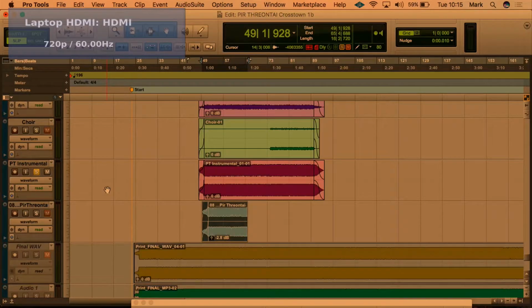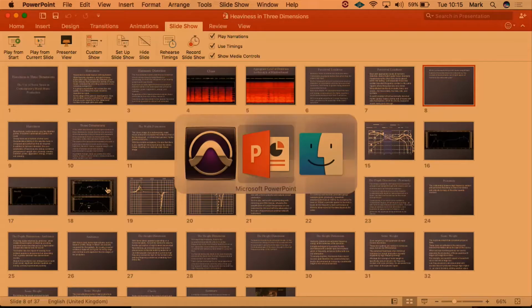So, greater sonic weight, much bigger sound, and I'm just going to talk about some of the production approaches, how I went about doing that, and the techniques of presenting heavy music in 3 dimensions. The first one of which,